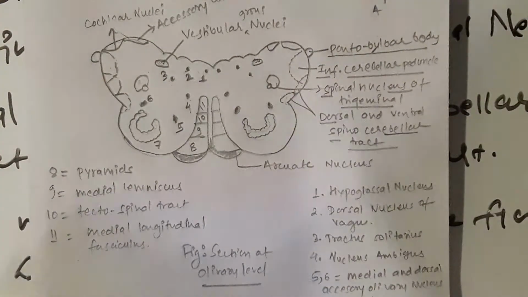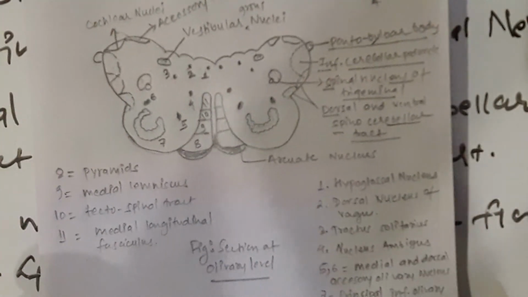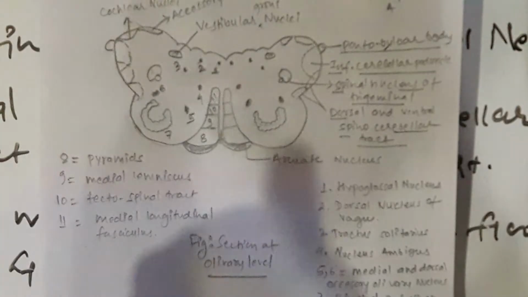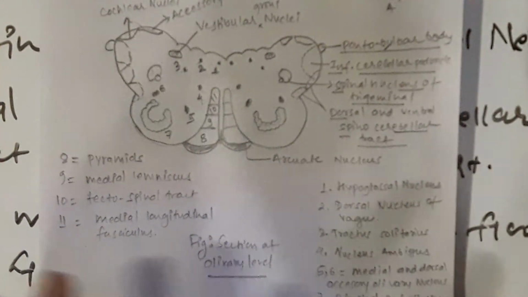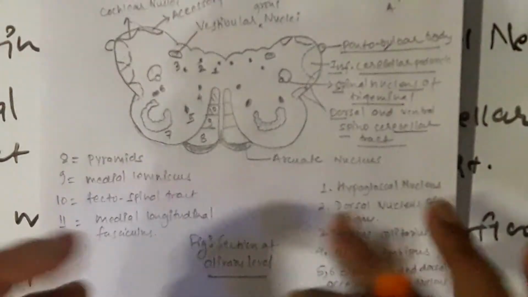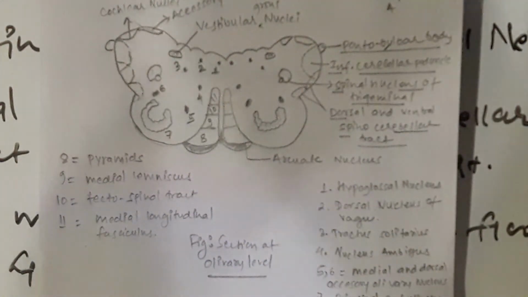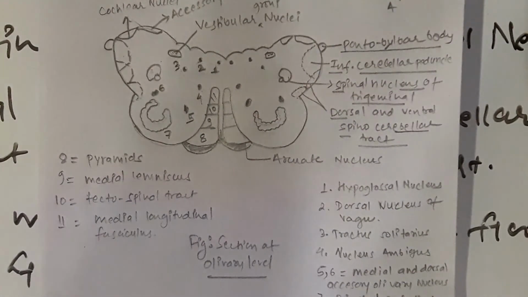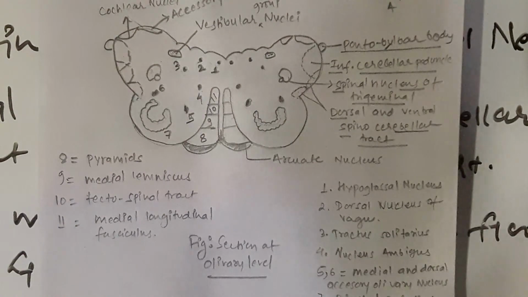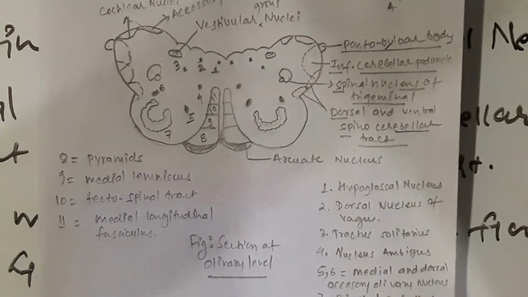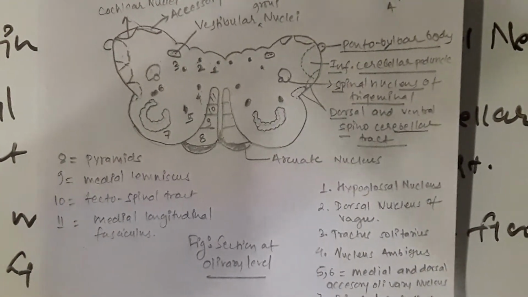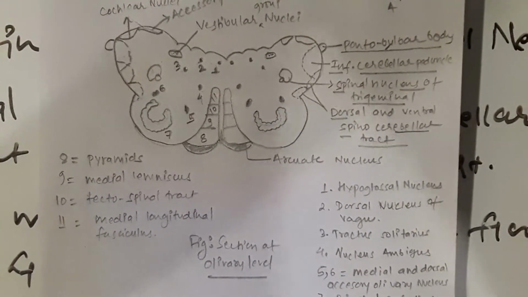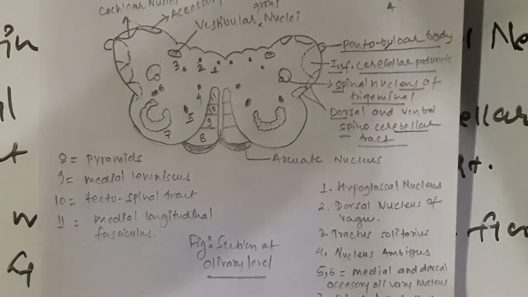So here we complete our discussion on the medulla, along with internal and external features at 3 different levels. The external features, dorsal and ventral, are already uploaded. You can find all those videos in our playlist named neuroanatomy, which contains videos discussing various topics under neuroanatomy.